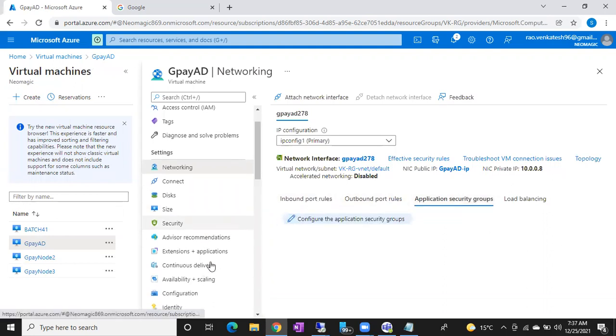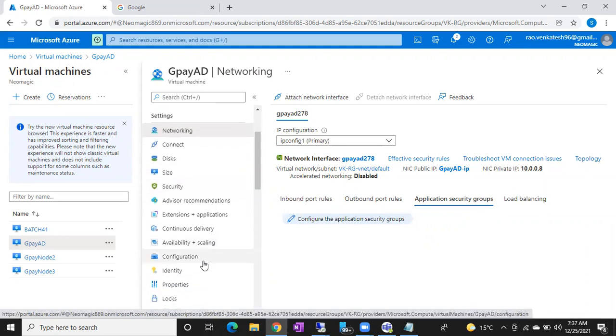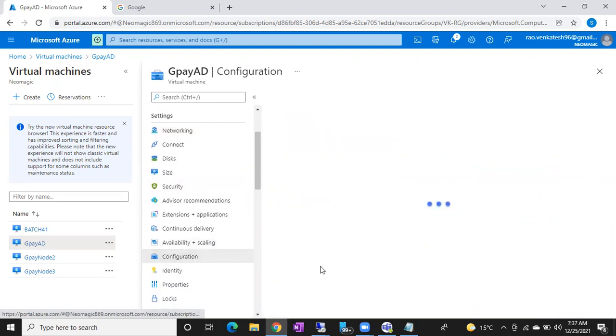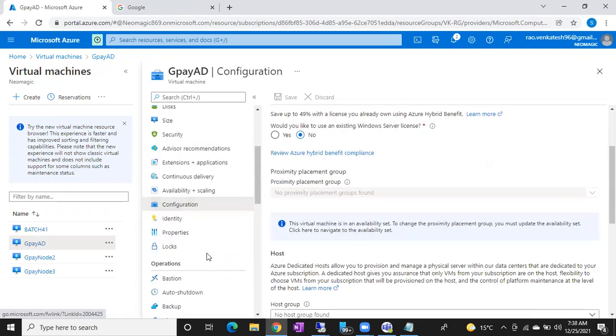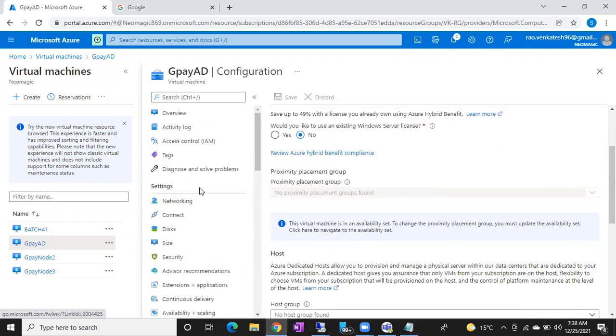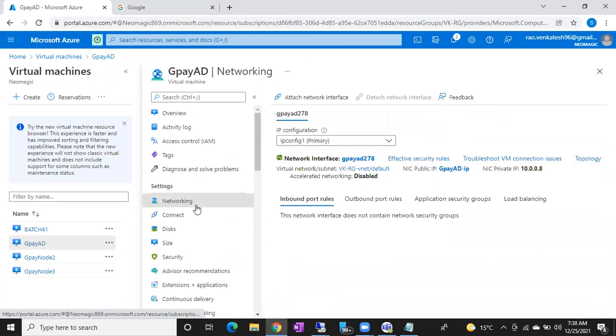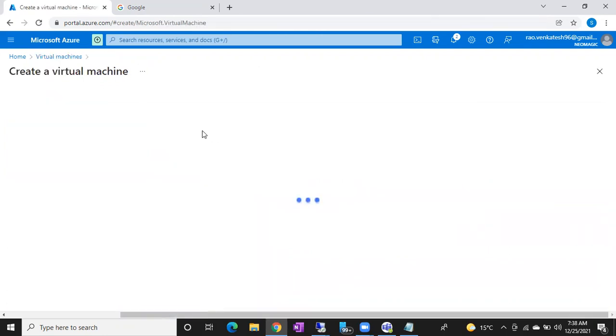Configuration. Usually while creating a new virtual machine, there is a security networking tab, right?